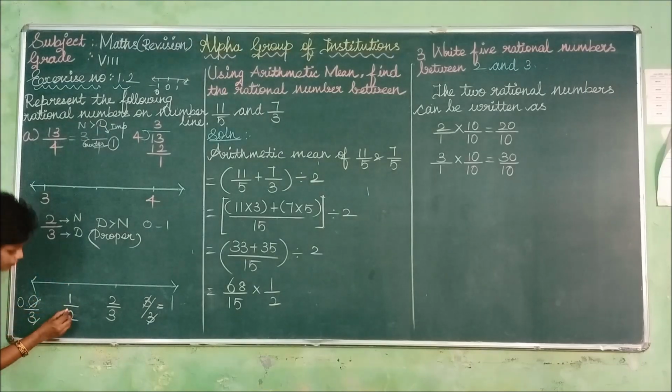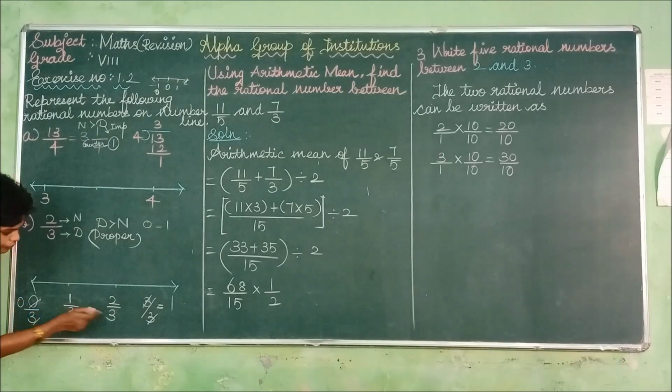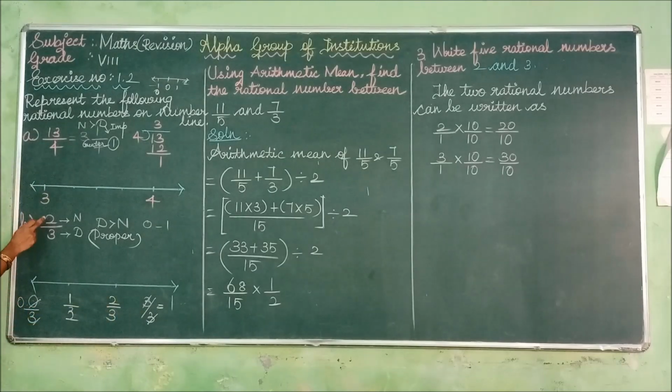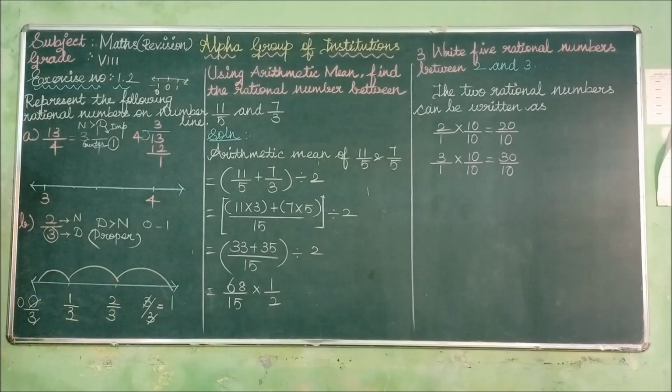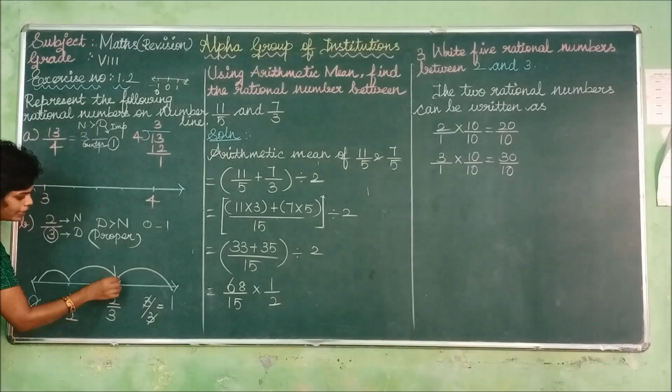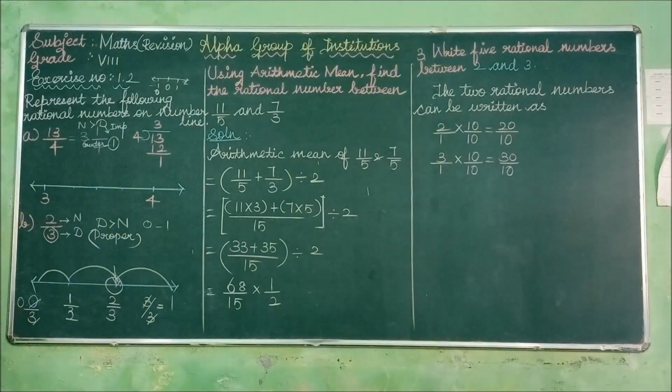So listen. Each and every unit will be divided by 3. For 2 by 3, the denominator is the separation. The space from 0 to 1 will be divided into 3 equal parts. So where is 2 by 3? If they ask you to notate 2 by 3 on the number line, how do you mention these things on paper? So listen carefully.